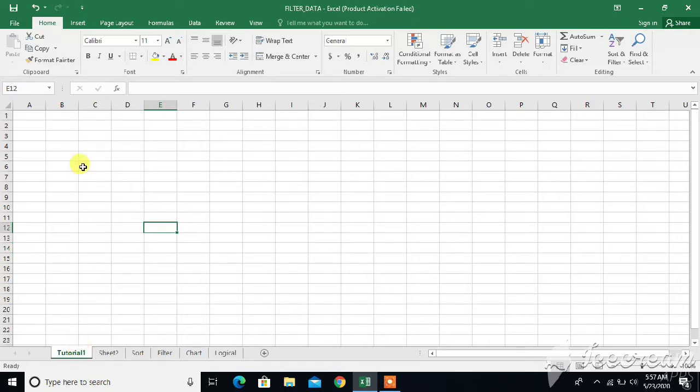In tutorial 1, we'll understand how to type data in Excel. Simply you are supposed to click on any cell to type any data. Like I have selected cell A1. See, here it is A1 and here it is B1. This is the cell address A1, B1, then C1, D1, and so on and so forth. If you want to type any text in A1, then select it and type name,